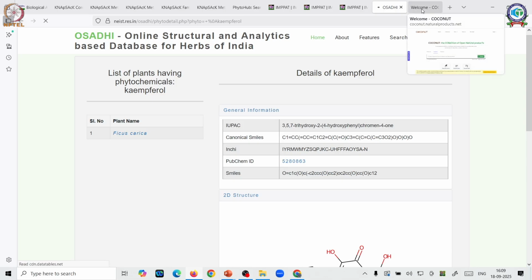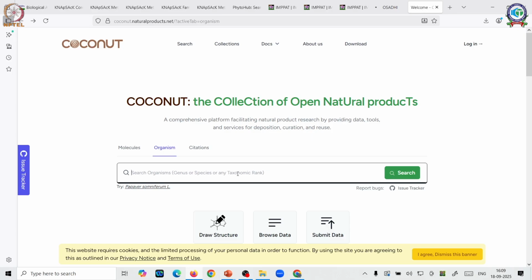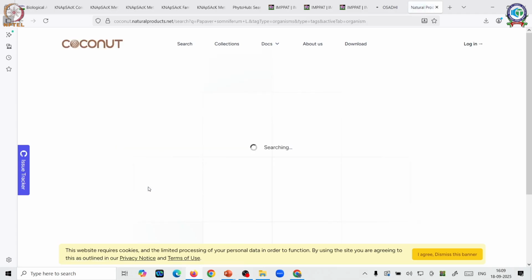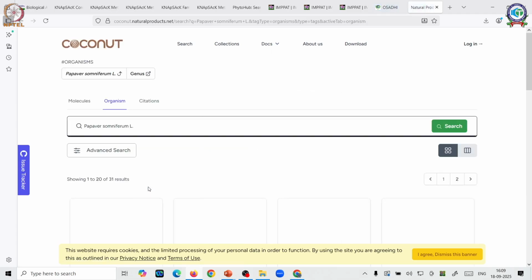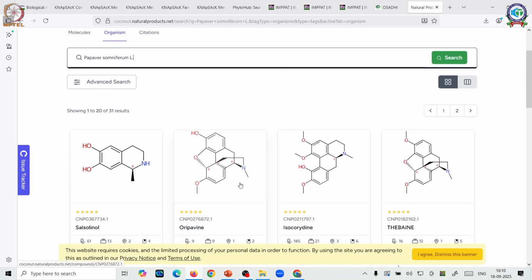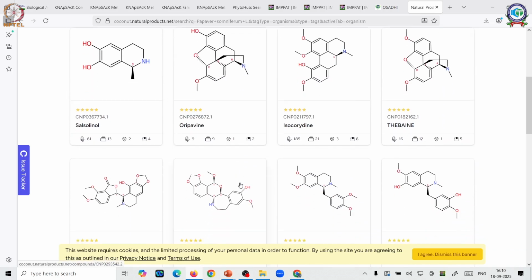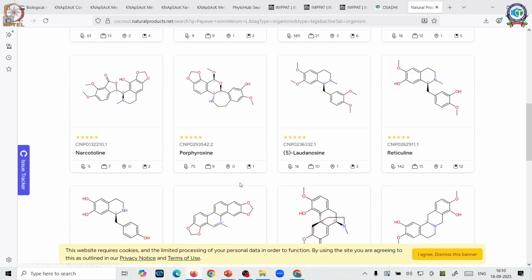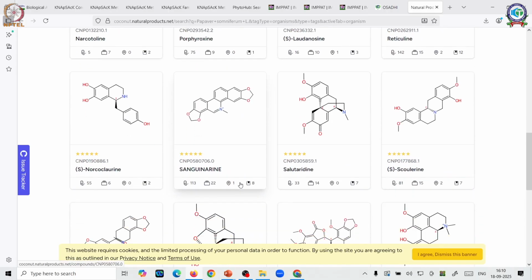You can also search one more database which gives us the detail about phytoconstituents along with the structure, and that is your COCONUT database. So I am just clicking on this query which is already saved here, and that is your Papaver somniferum. If I see Papaver somniferum, it will show what compounds it contains along with the structure.